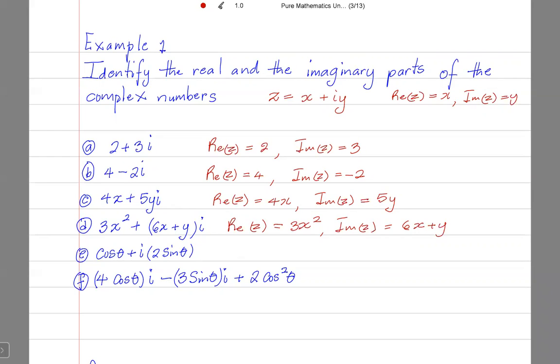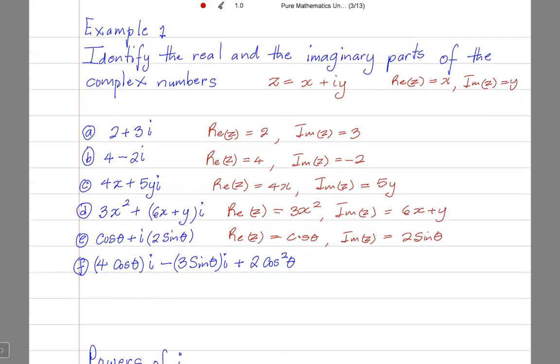For E, the real part of the complex number is cosine theta, and the imaginary part of the complex number is 2 sine theta. All right, for F,